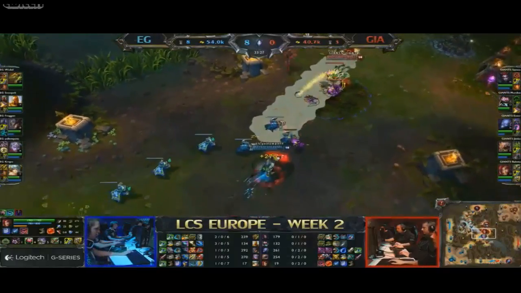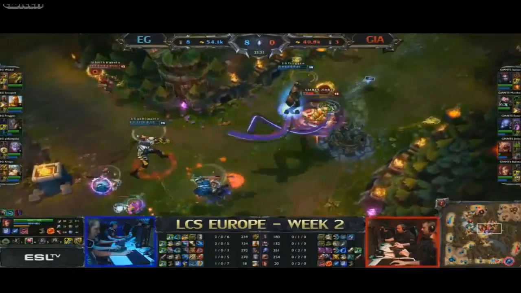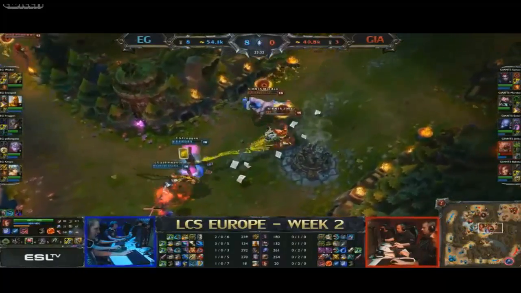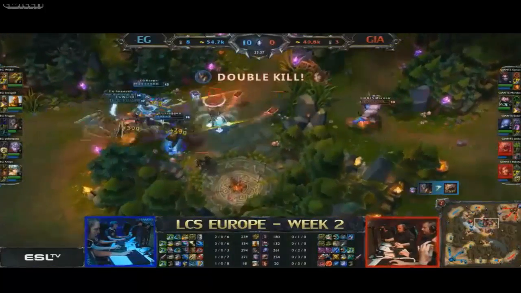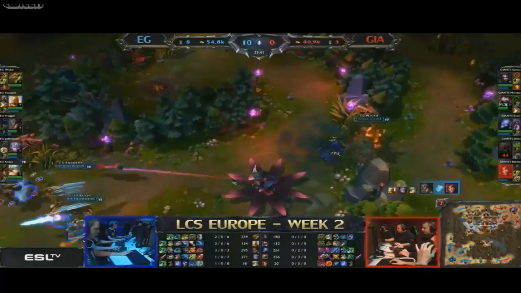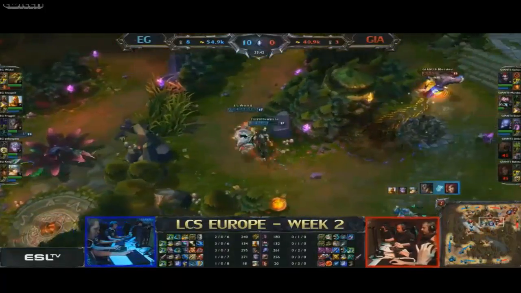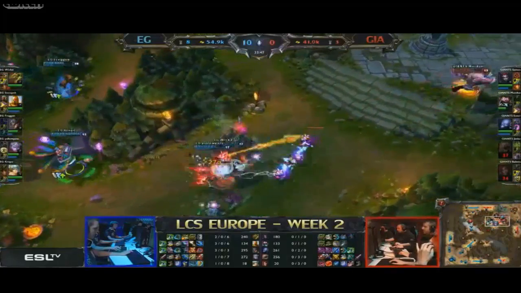Giants easily have the opportunity to turn this game around if they can get a nice key engage. We have Froggen going in the mid lane. The Zyra ultimate will pop him up. You can see immediately he reacted there, and Jim Bones goes down because he was caught out by Yellow Pete's ultimate. Oh, but Babetta just dropped where he stood. Didn't even get a chance to come out of the Crescendo. The Crepo landed on him,